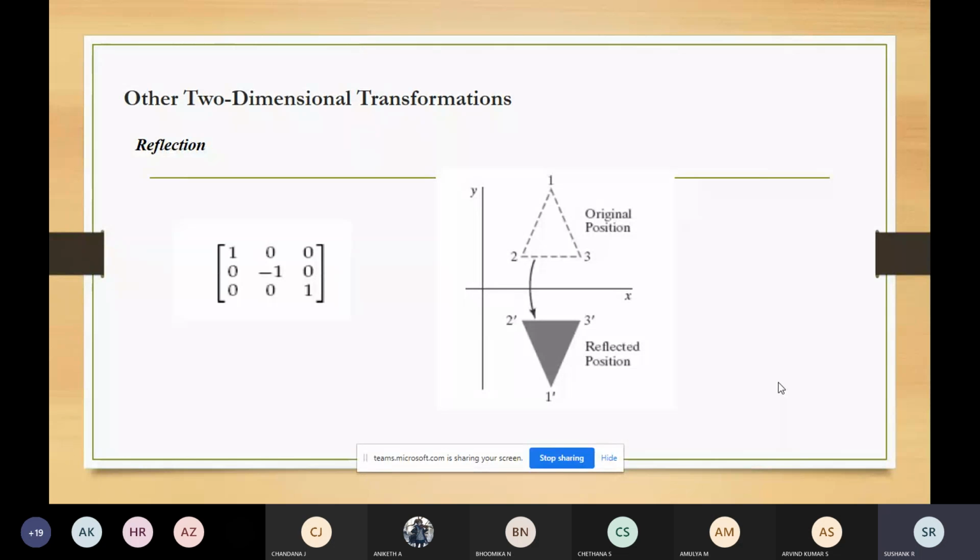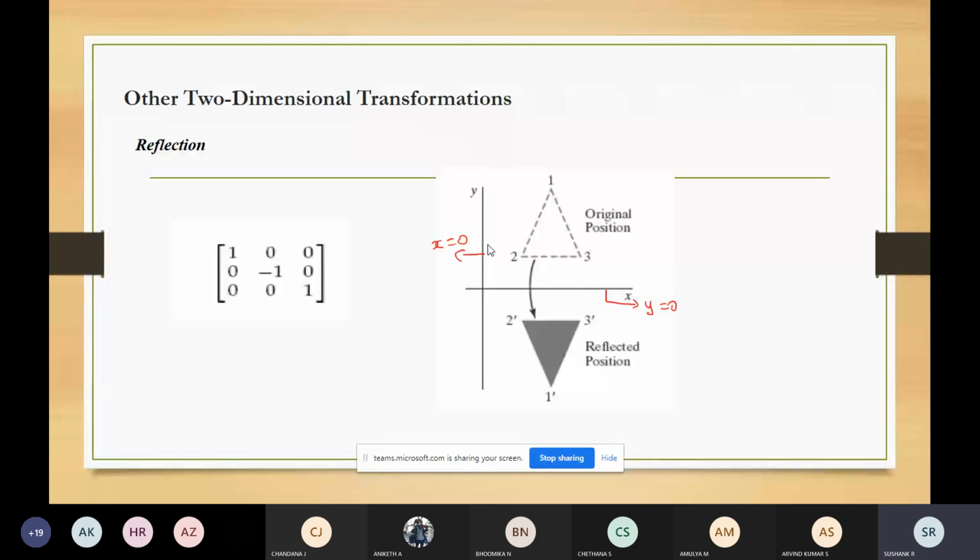This reflection can be along the x-axis, and it can be along the y-axis also. Reflection means the image will be generated by rotating it through 180 degrees about the reflection axis. So the reflection can be along the x-axis or y-axis. On one line y will be 0, and for the other line x will be 0. Any point on that line will have x equal to 0. So the transformation which will produce a mirror image of an object, we will call it reflection.